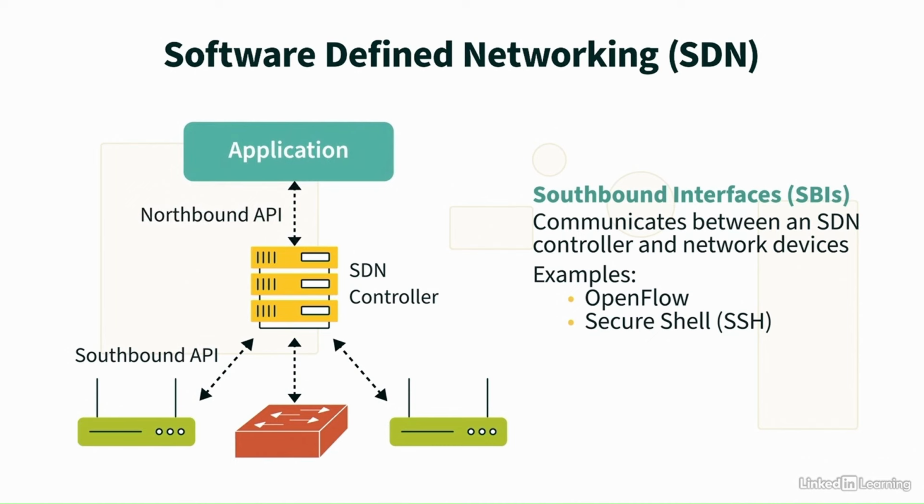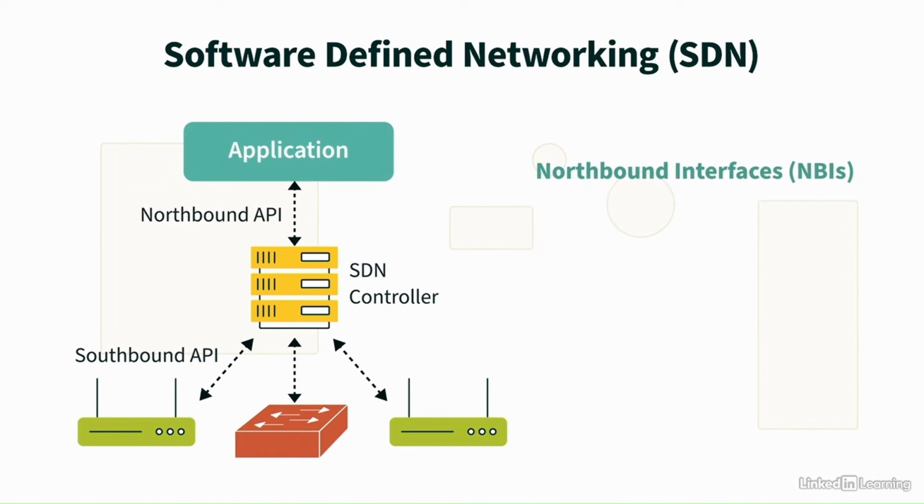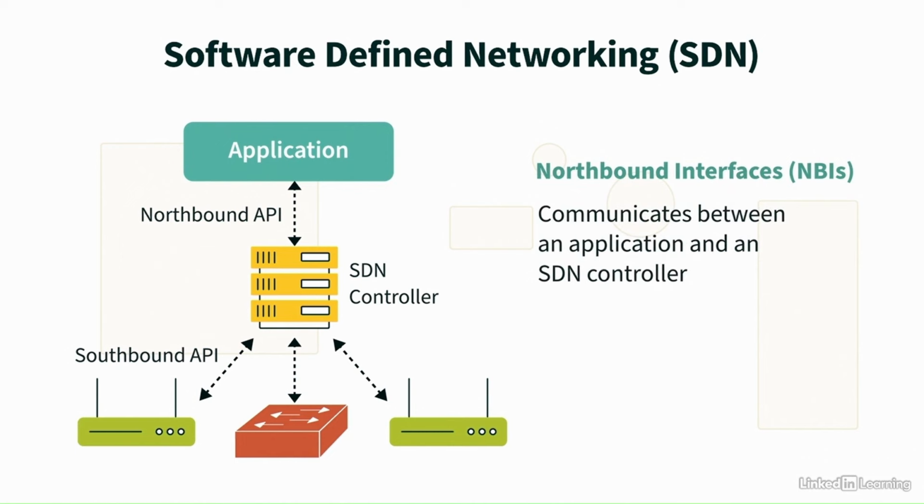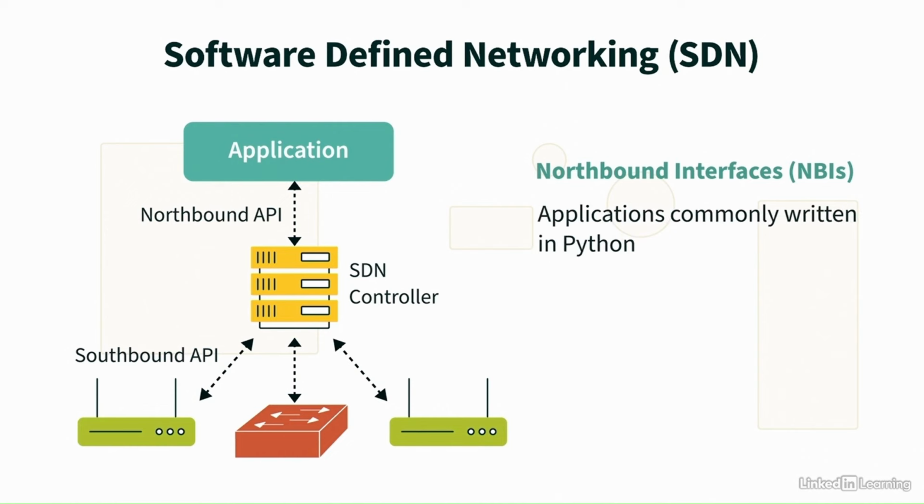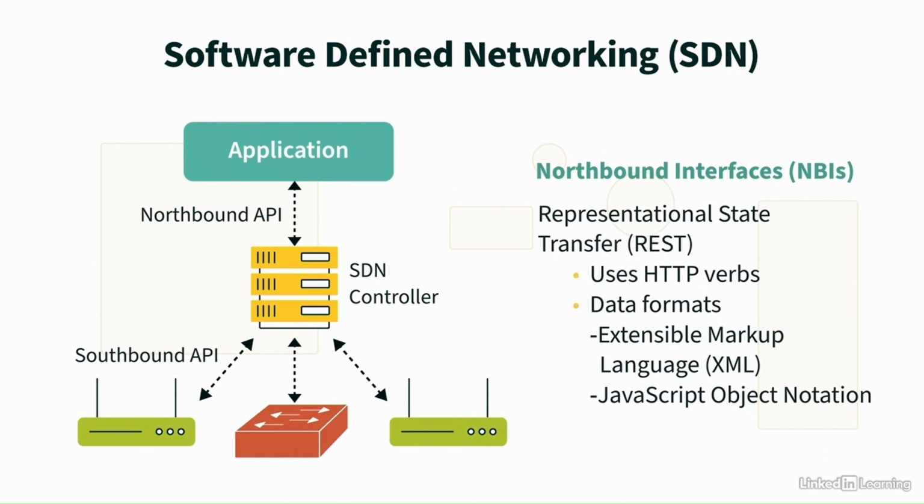Next, let's think about how we send instructions to an SDN controller. We're going to have some sort of application that communicates with the SDN controller, and since we normally represent an application as sitting above the SDN controller, we say that northbound interfaces, or NBIs, are used for that communication. And these applications might be in the form of graphical interfaces that we interact with, or we might be writing or customizing code for a program. These programs are typically written using the Python programming language. And the specific way the application communicates with the SDN controller is called representational state transfer, or REST for short. REST communicates with an SDN controller